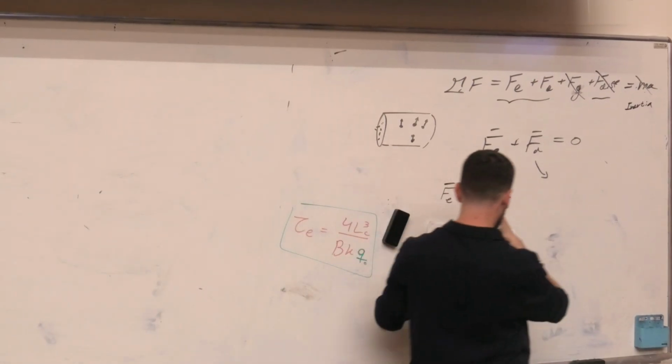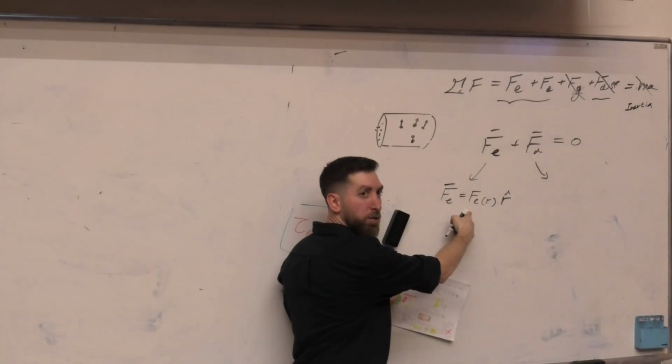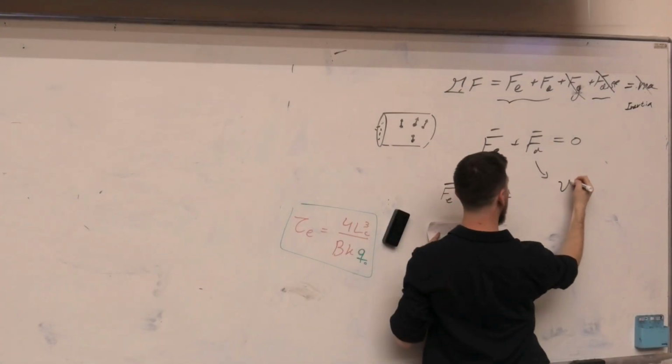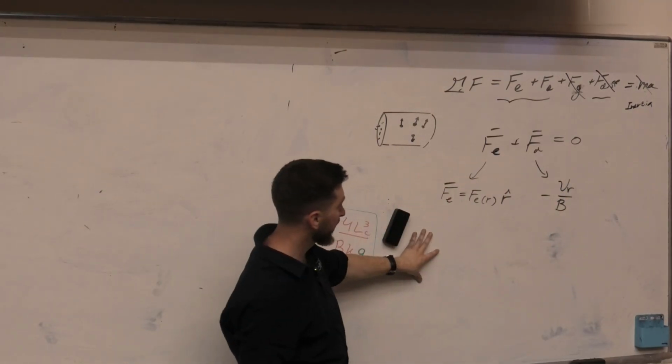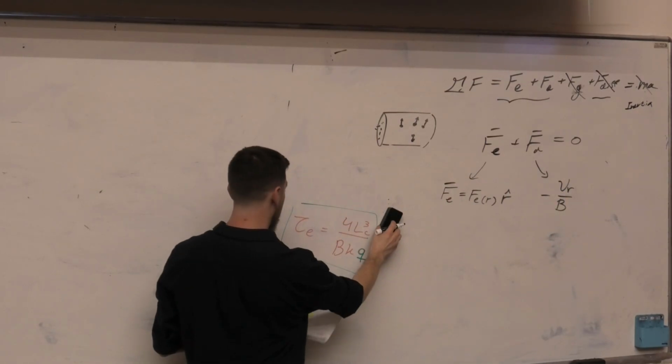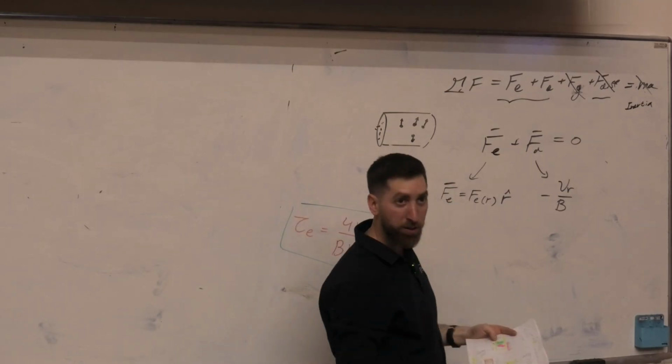And the drag is generated because of the electrostatic force. So the drag is also going to be only in the radial direction, and of course it comes with the minus sign. So that's the equation, and what's really upsetting is that we cannot use the force that we used before,